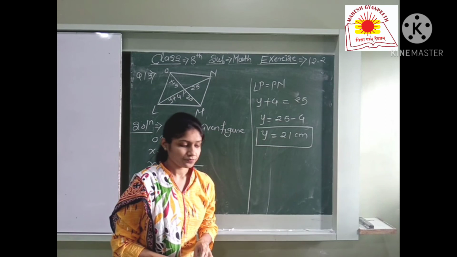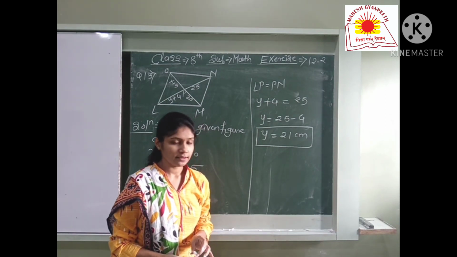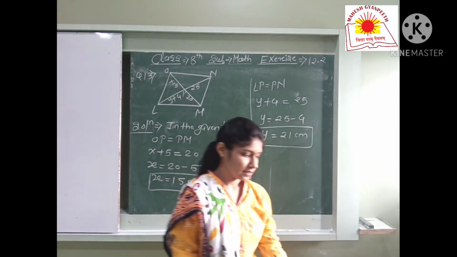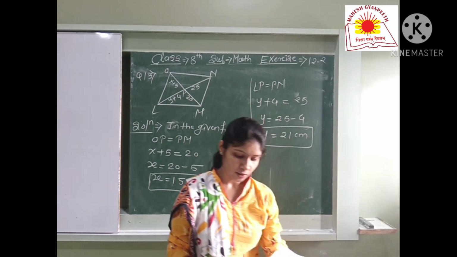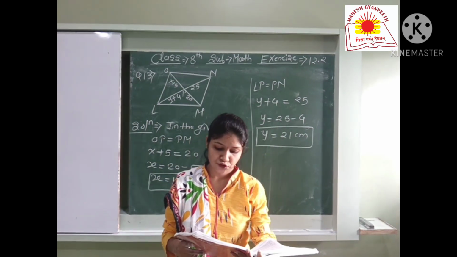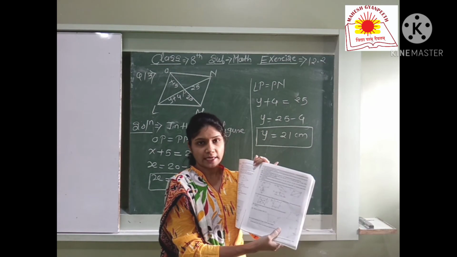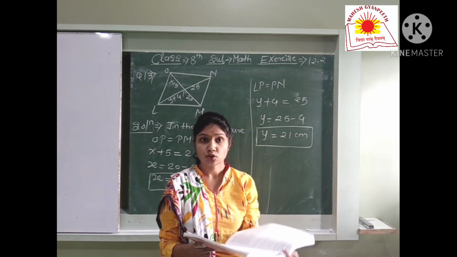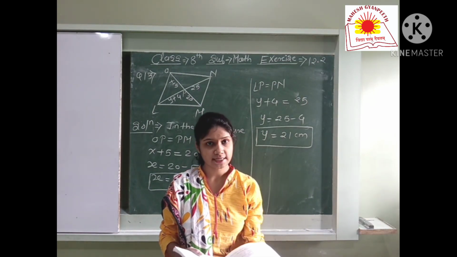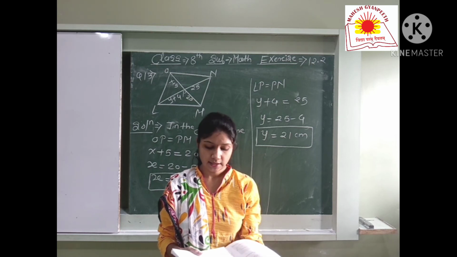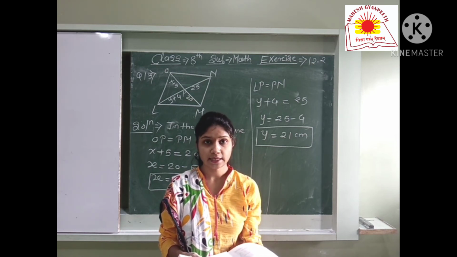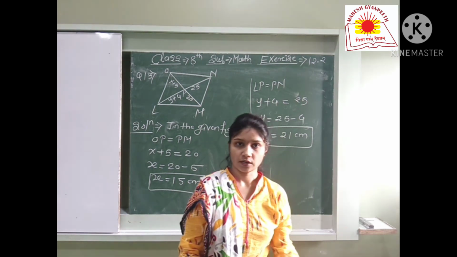Now the second figure, parallelogram EFGH. All of you know that in a parallelogram opposite sides are equal. So we have to use this property, opposite sides are equal, with the given measurements and solve. Question 13B is for homework. Okay student?